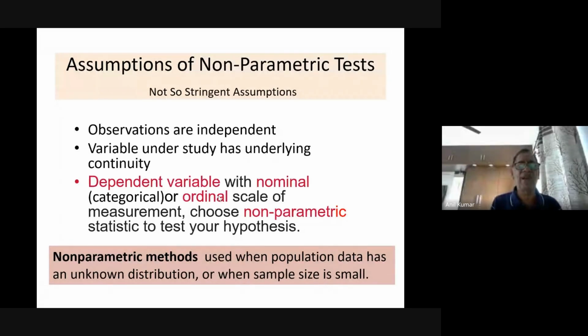A non-parametric test does not have that strength because it has no assumptions. So the reliability, validity, and power of a parametric test is big compared to the non-parametric test, and that is all because certain assumptions must be satisfied before you can use a parametric test. But when assumptions are not satisfied, when you don't have normality of the distribution, when you don't have data at ratio and interval level of measurement, you are bound to go for a non-parametric test.